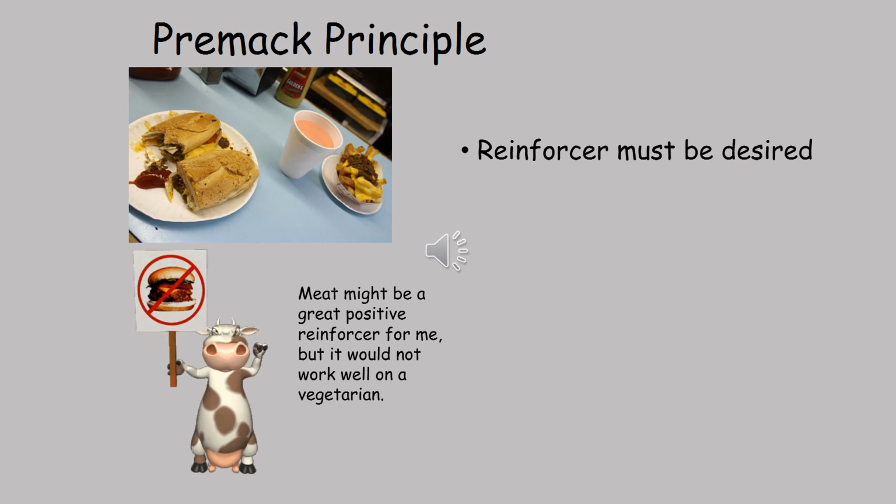If you're going to use a reinforcer, or a punishment for that matter, it has to be desired. It has to be important to the person. This is known as the Premack principle. For example, if I were going to use positive reinforcement with a young child for getting good grades, I may say to them, I will give you a sticker for every A or B you get. That may work with a kindergarten child, but it will not work with an adolescent. You would have to use something like money or something that's important to them. That is the Premack principle.